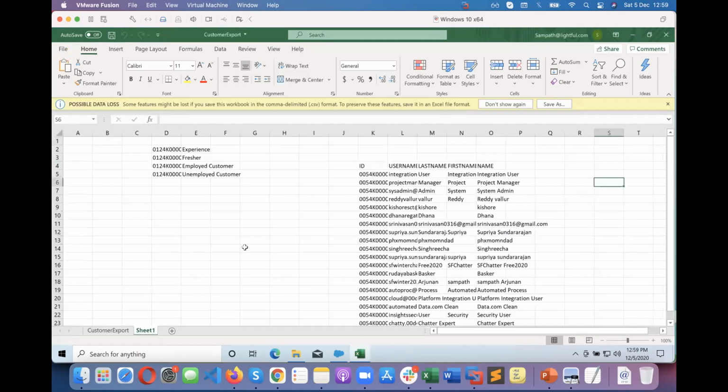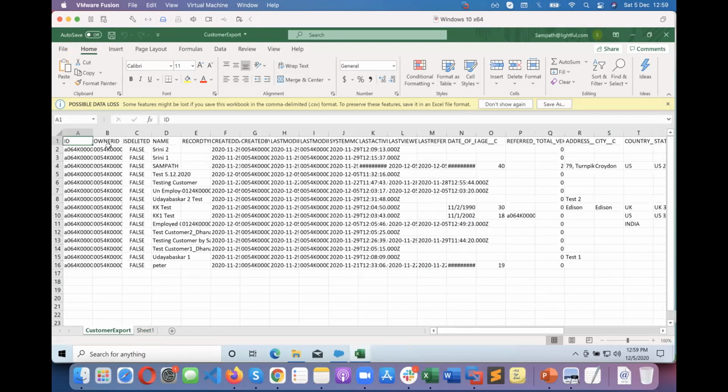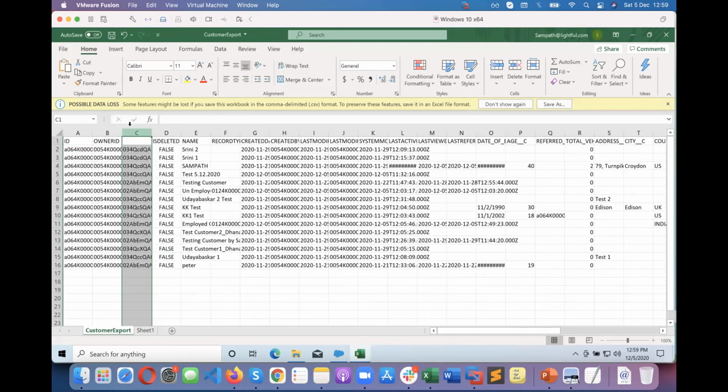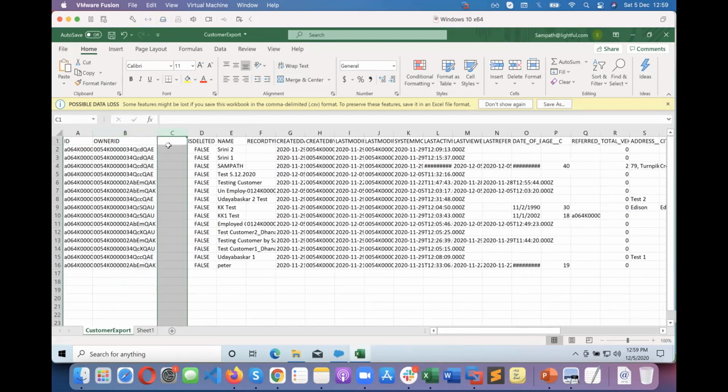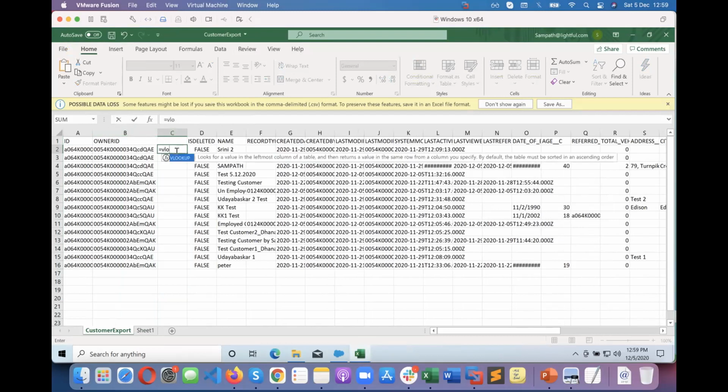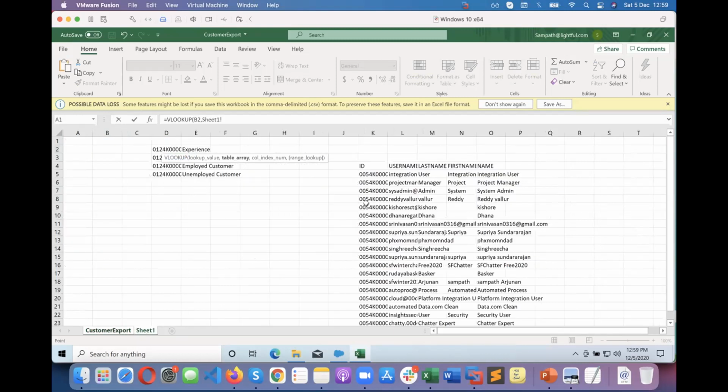Now what you can do is put a simple VLOOKUP over here. So let's say if I want to know the name of the owner. So equal to VLOOKUP, B2, comma, in the sheet.